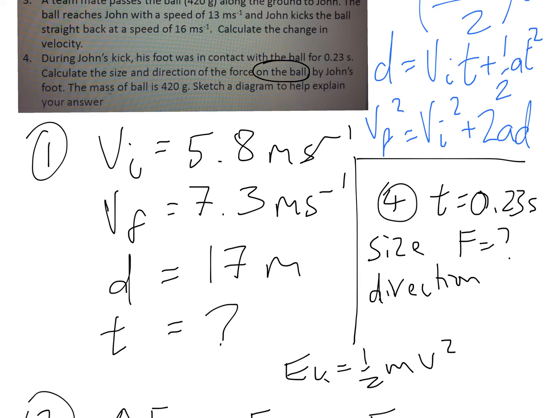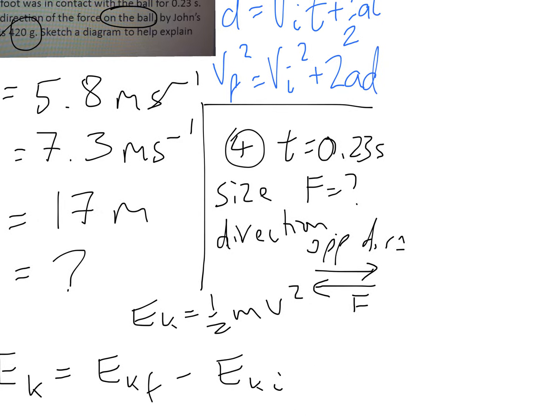So the direction is kind of easy enough, I guess. It'll be in the opposite direction to that which the ball was originally coming in. So if that's the direction the ball was originally coming in, the force is going to be in that direction. What remains is just to work out the magnitude. We've got the mass of the ball, we've got the change in velocity from the previous question, and I'm just going to shift off to the side to finish this. If we write the change in velocity from the previous question, whatever you calculated that to be, we've got the time, and